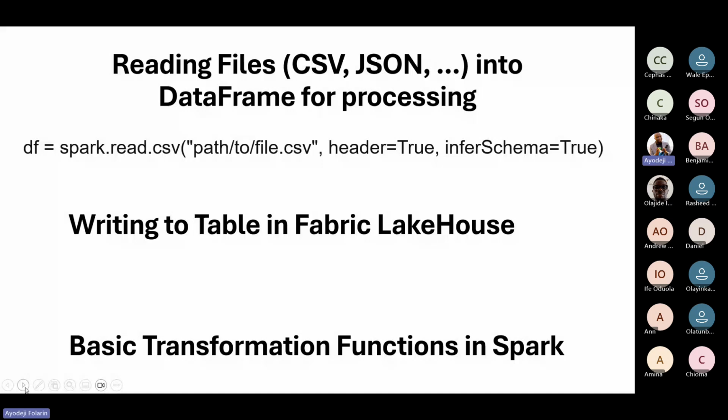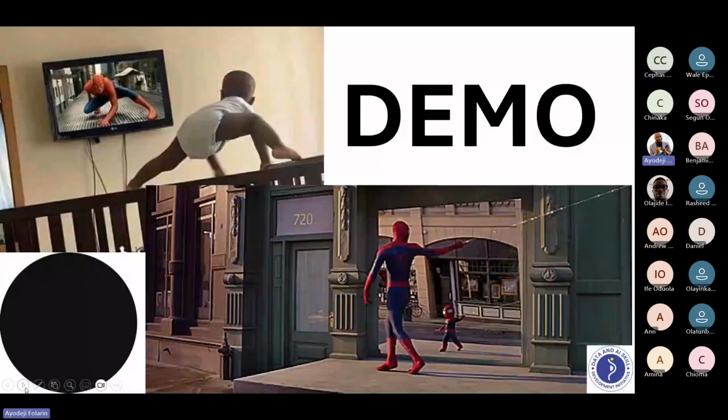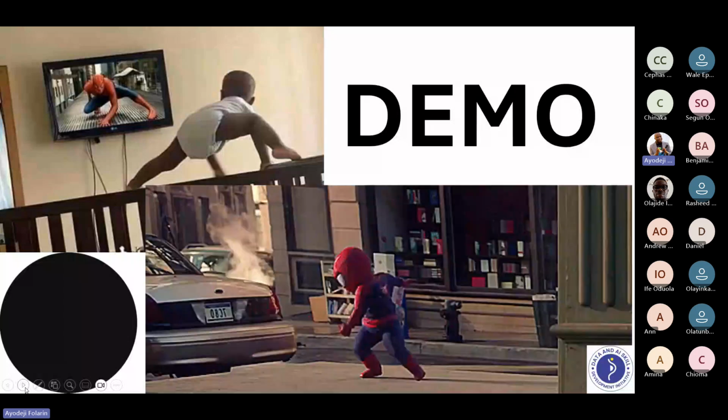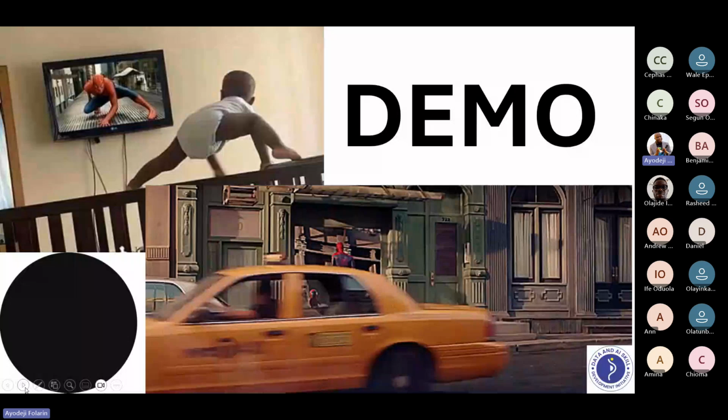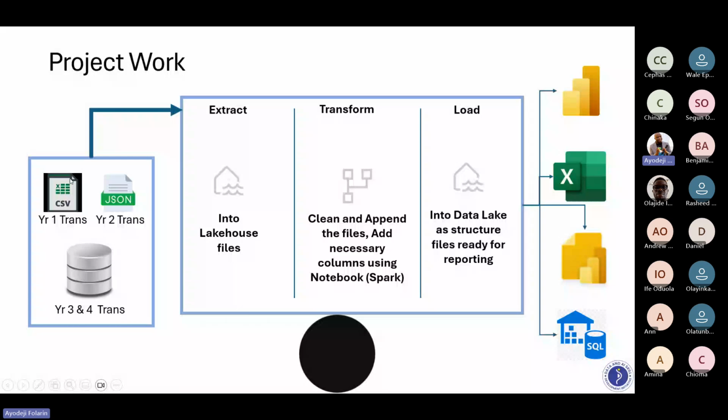For a CSV file with the same schema, the same structure, and also a JSON file with a similar structure, probably a table in SQL Server, either on Azure SQL Server, with a similar structure that already has some transactions. Maybe when the company started, in year one, they were storing their data as CSV. But in year two, they started storing their data as JSON. In year three, they got a structured database for their OLTP. For year three, year four, up to date, their data is stored this way.